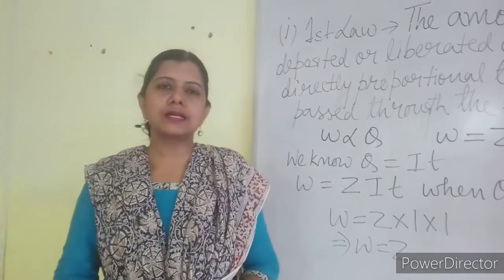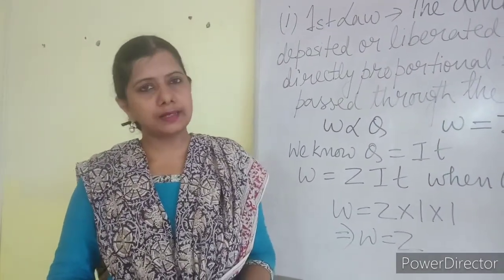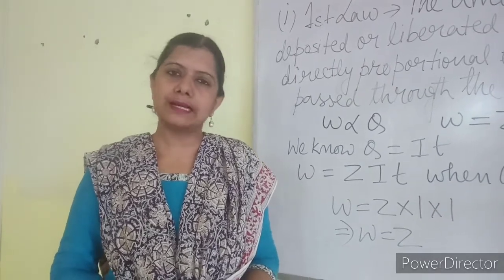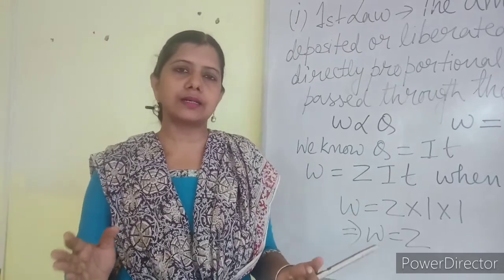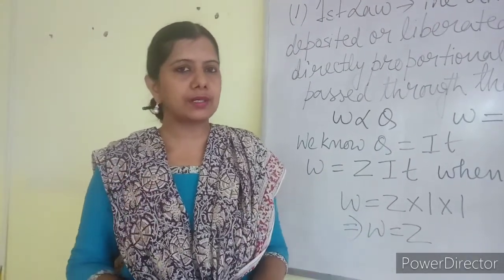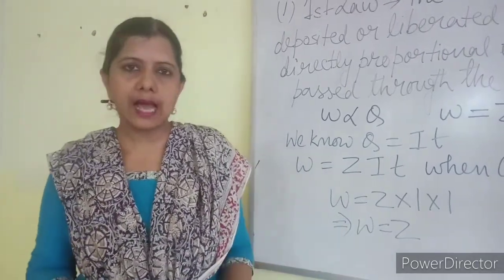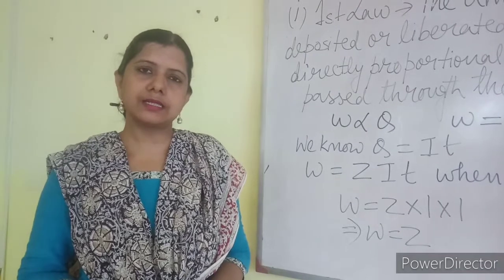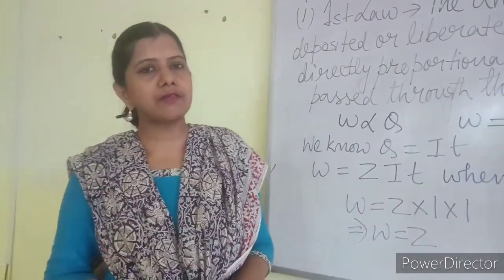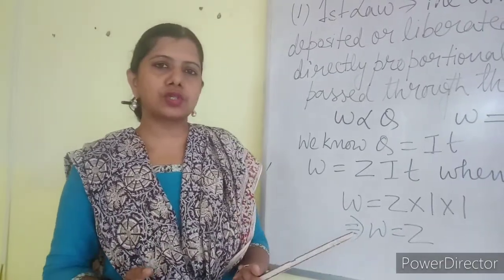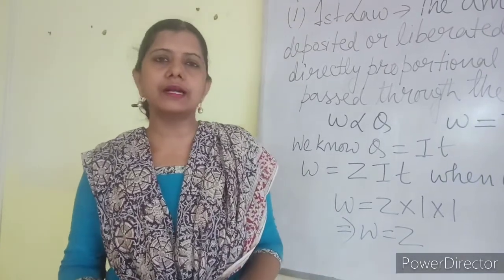Now what is electrolysis? Electrolysis is the process of decomposition of an electrolyte by passage of electricity. The electrolyte is taken in a container, two electrodes are there, and those electrodes are joined by an electric circuit. So decomposition of the electrolyte into the corresponding ions by the passage of electricity is called electrolysis. Generally in electrolysis we have seen that either deposition or release of some ions occurs at different electrodes.